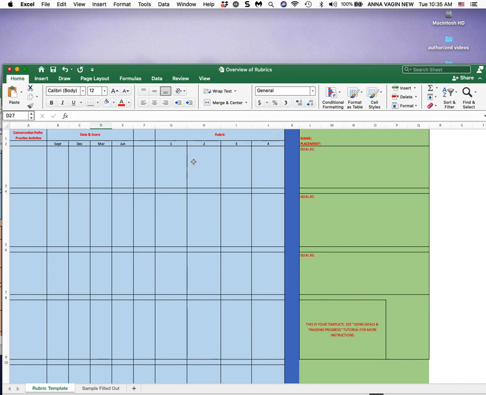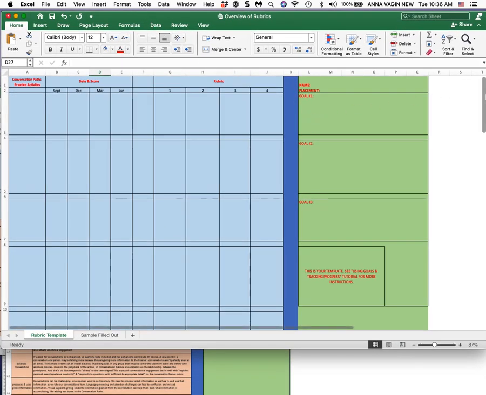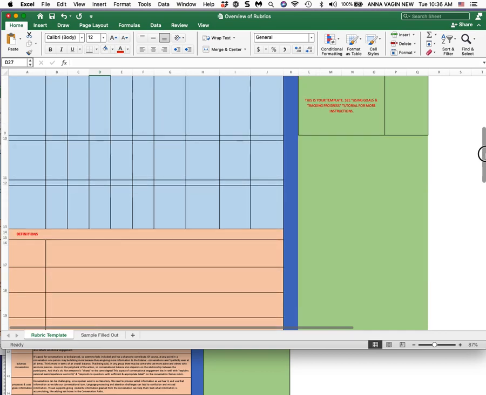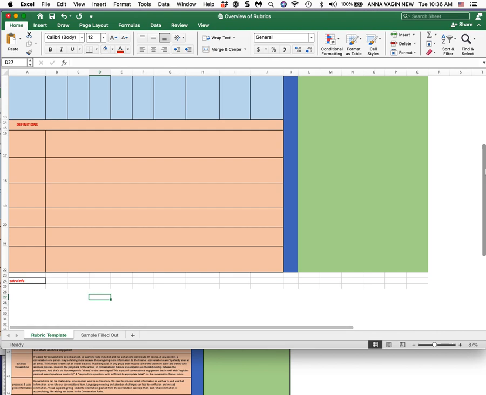And this is where you'll see various performance levels that we're looking for as it relates to this concept. What's important to remember with a rubric is that it has to go with the goals, and it's very helpful to attach the rubric to an IEP, in part because at the bottom there is room for definitions.